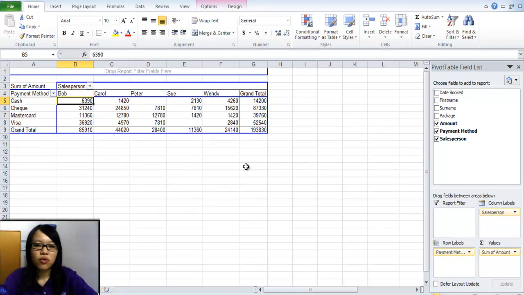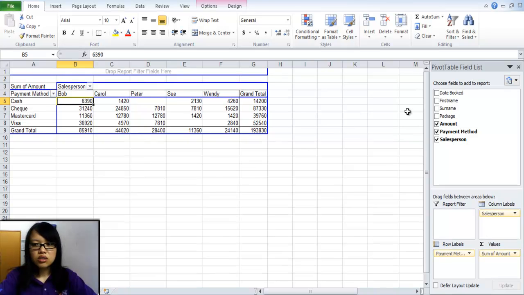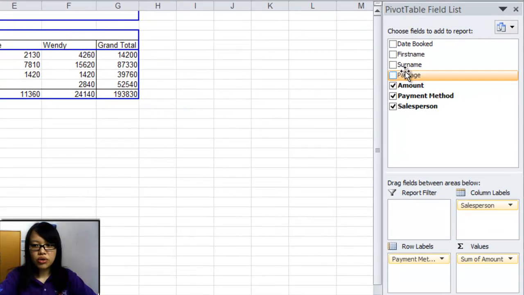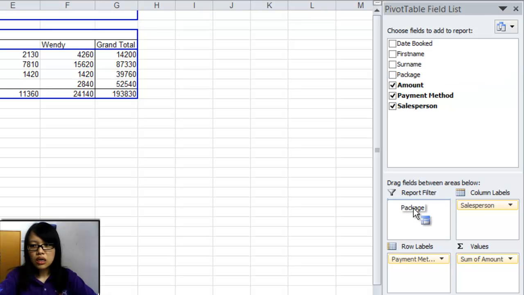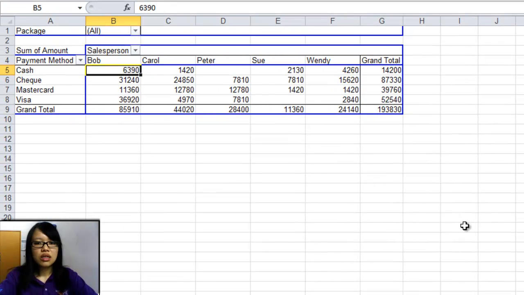Okay, for example, if we want to summarize the data about how much each salesperson has received from their customers through each payment method based on the package that the customer bought, let us drag the package to the report filter, and the other fields remain in the same box. And this is the data that has been summarized with all of the